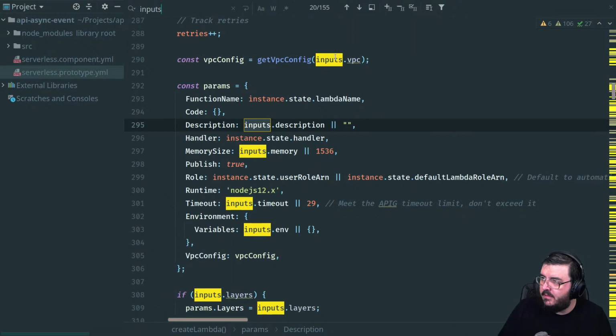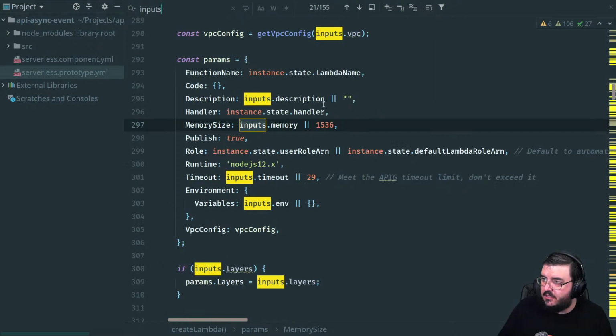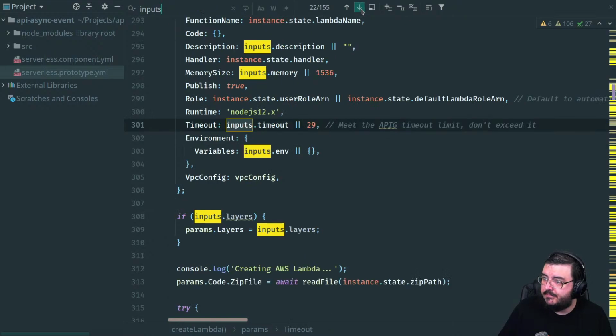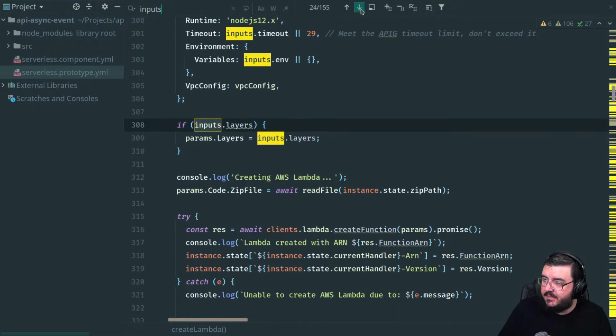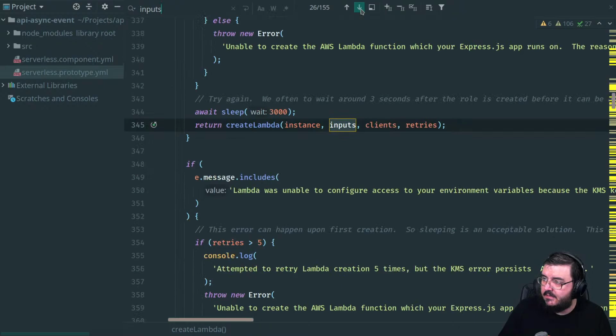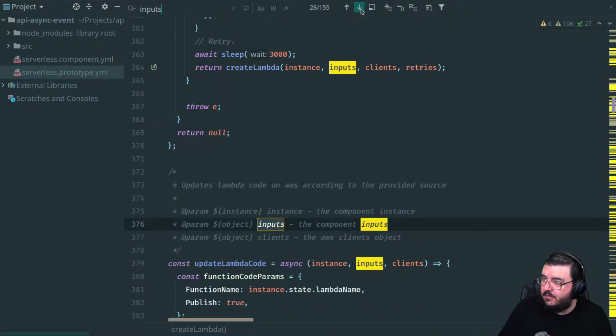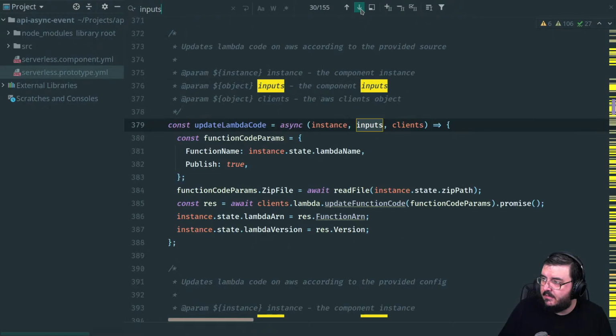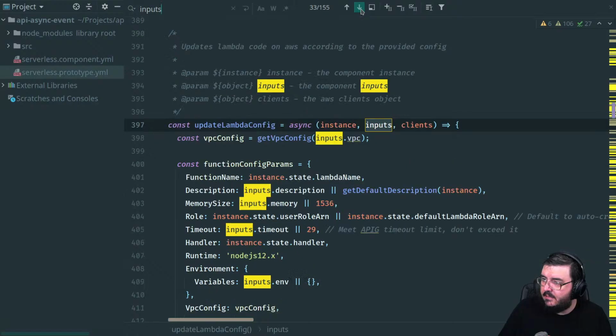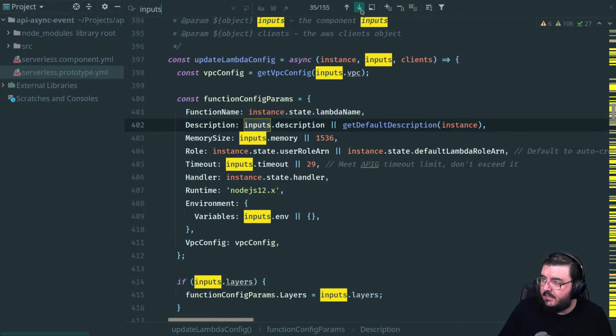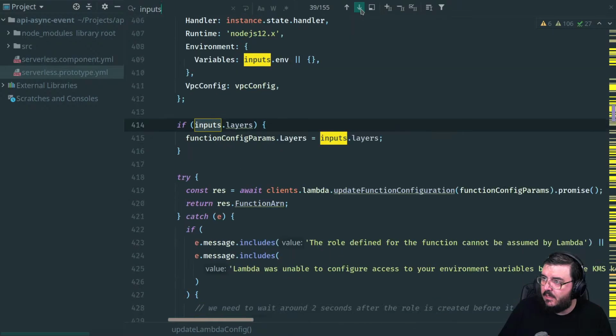Yeah, all of these are VPC. I don't think we're even going to support that, but it's an optional extra. Description is an optional extra. Memory, you can see they've got defaults. Timeout, environment, layers if you want layers. Otherwise, no. Get the lambda. Update lambda. Here's VPC again. Here's for updating a lambda config.